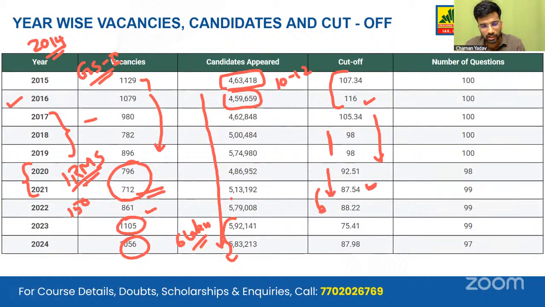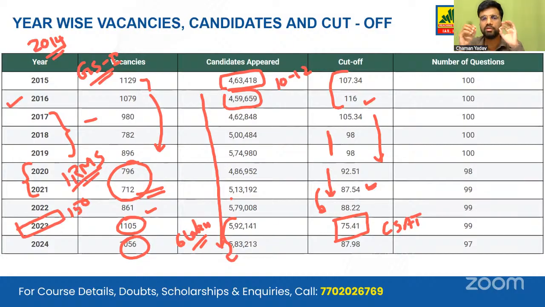In 2023, as I have told earlier, UPSC disrupted this entire cycle. The level of difficulty of CSAT was insane. It was like topping the CAT level of the CSAT, and more than 50 such questions were there that year. So the cutoff fell sharply to 75, the lowest in the trend that we are seeing.